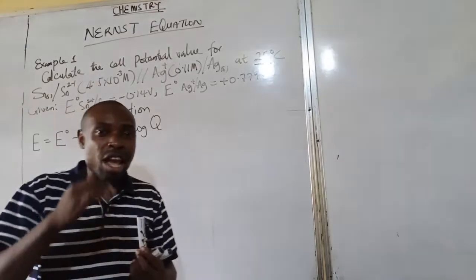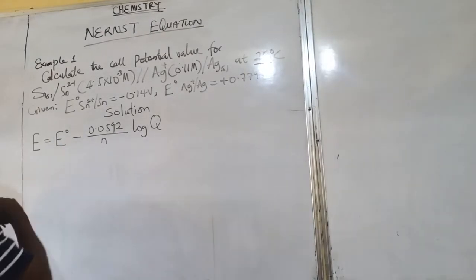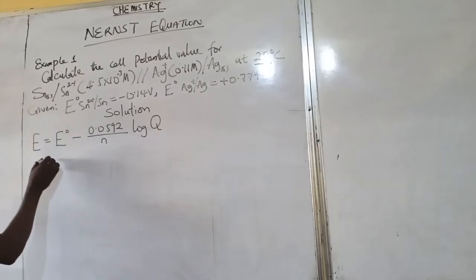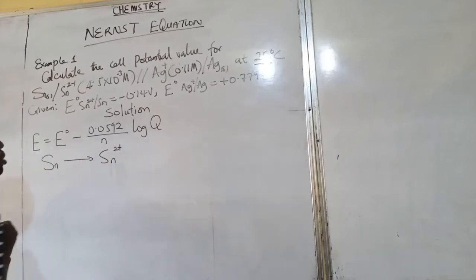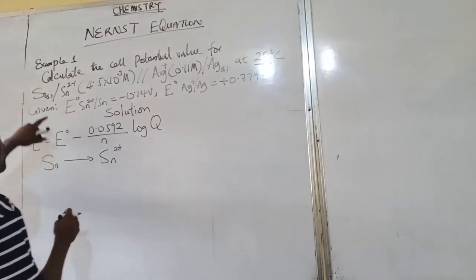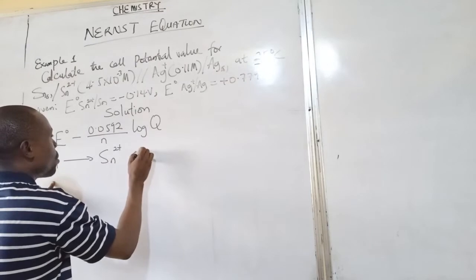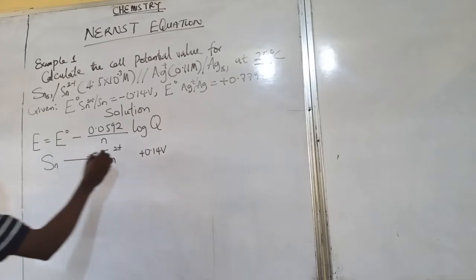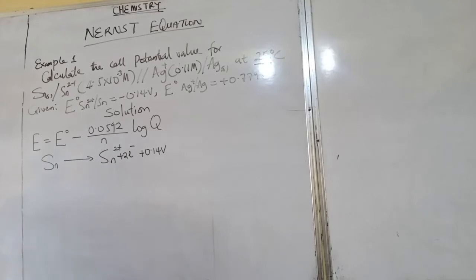The direct method here will help us and make things much easier for us. So what do we do? We already have our cell notation. Here is the Sn to give me Sn2+, and then we have the electrode potential for this case, which is plus 0.14 volt. To balance, here becomes plus 2e minus. That's for oxidation. While for reduction,